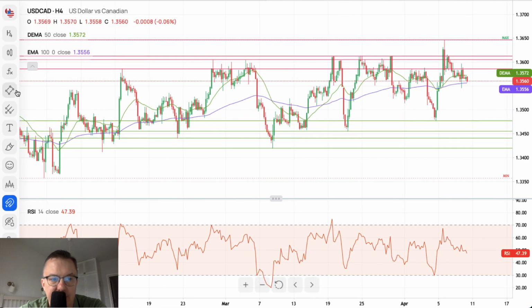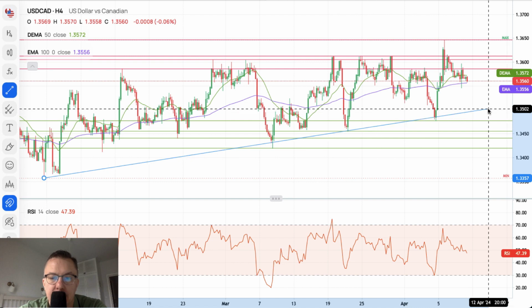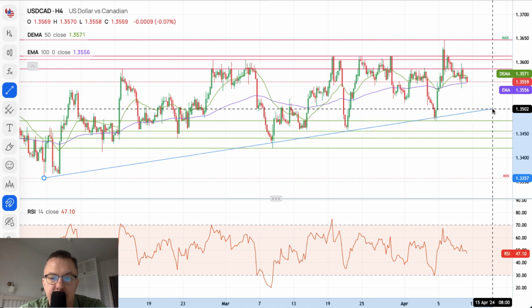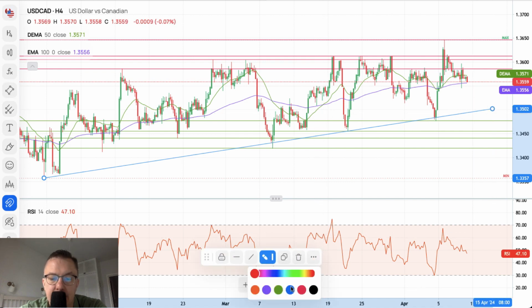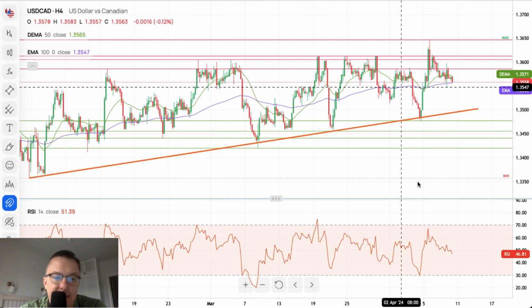Eventually we might even have some trend line if we manage to connect this and this. There you go. So maybe if we do the extremes, we can have something like that. And this trend line might be very, very interesting as well. Any breakout below this trend line might set the outlook to more